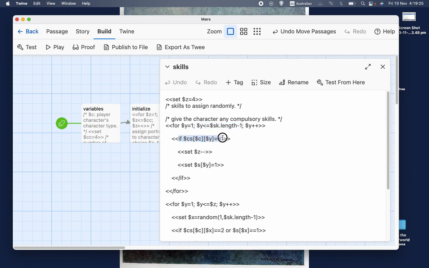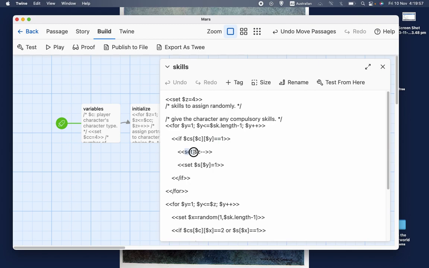And then we look at CS, which you'll remember is the array with 0s, 1s and 2s. And if the particular skill is compulsory for that particular character type, in other words, if $cs[$c][$y] equals 1, remembering C is the character type and Y is the skill,